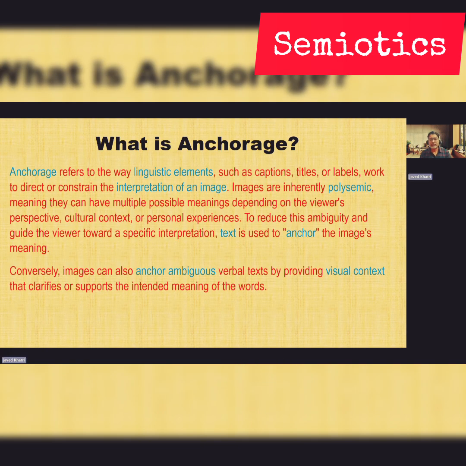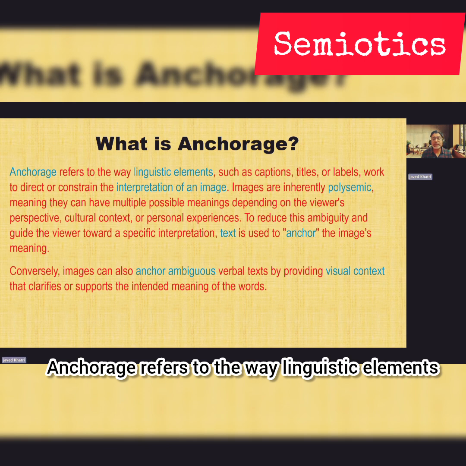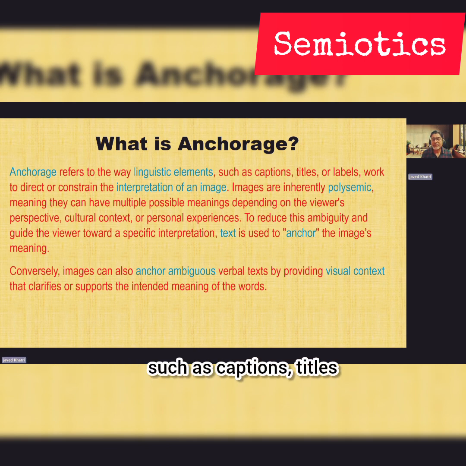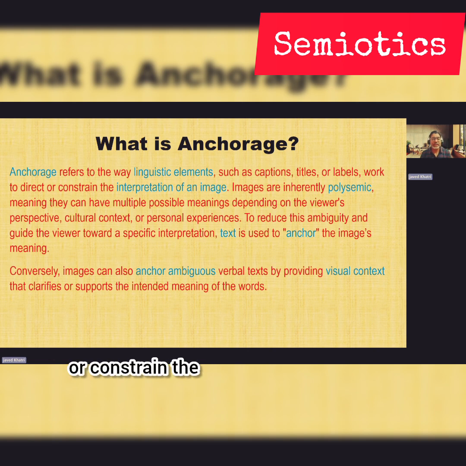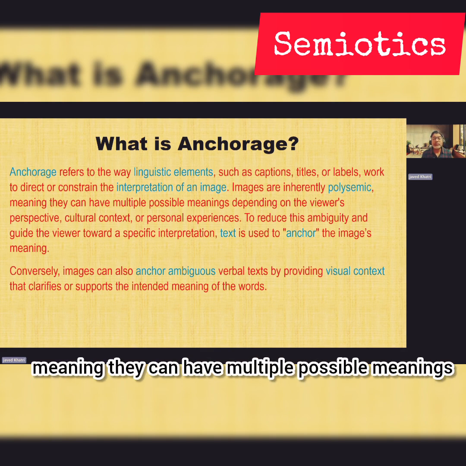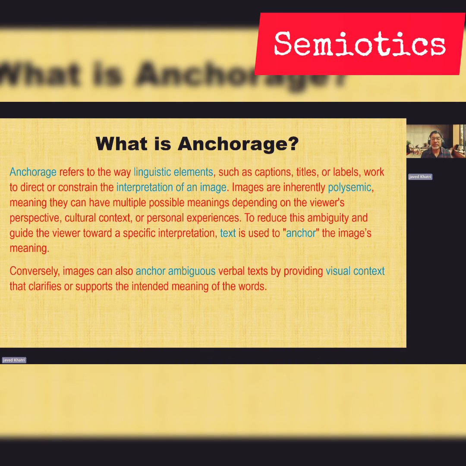Moving forward, let us know what anchorage is. Anchorage refers to the way linguistic elements such as captions, titles, or labels work to direct or constrain the interpretation of an image. Images are inherently polysemic, meaning they can have multiple possible meanings depending on the viewer's perspective, cultural context, or personal experiences.